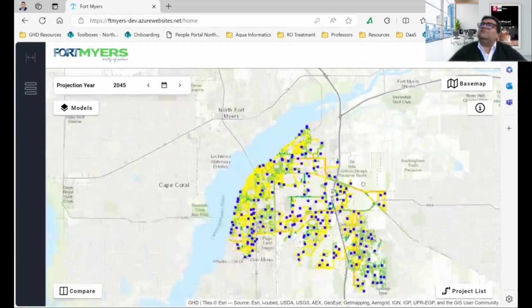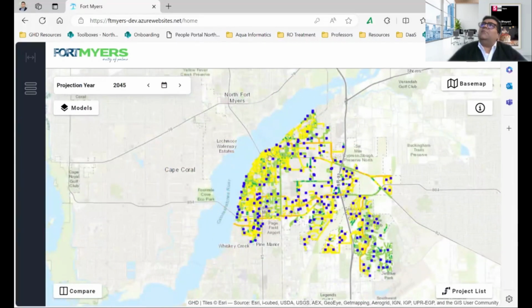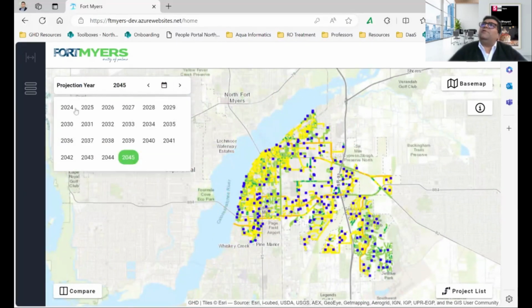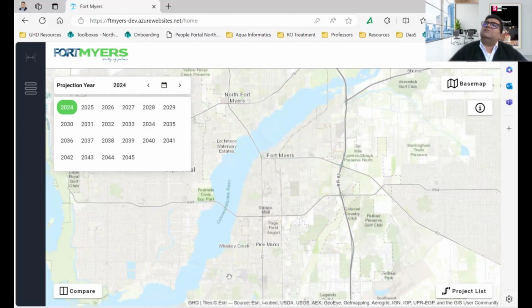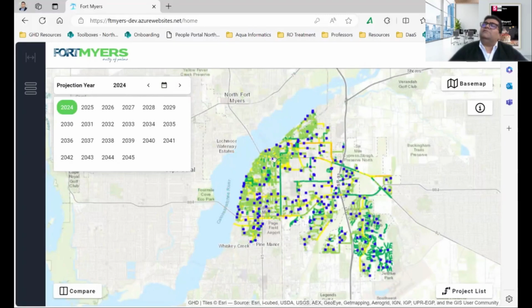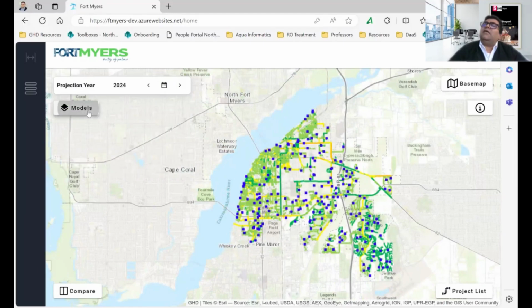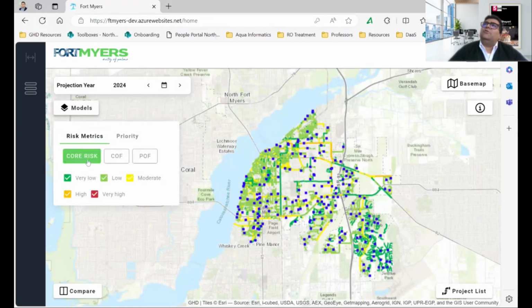this is the sewer system, and I'm going to put it for 2024. It says updating risk for 2024. The blue dots are the lift stations, as we discussed earlier. And the model says, okay, the current assets are in a good place. And the idea is for us to provide all the different risk metrics, including the COF, POF, and the core